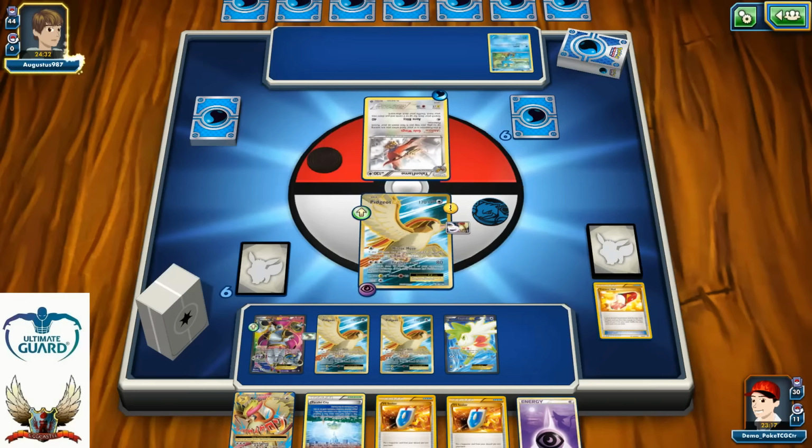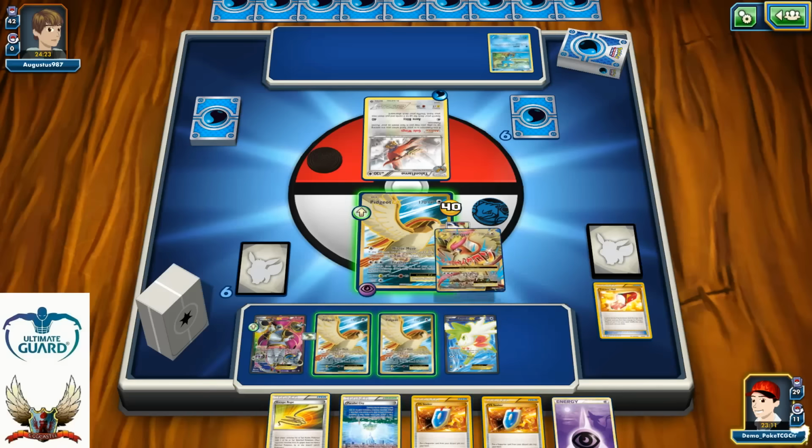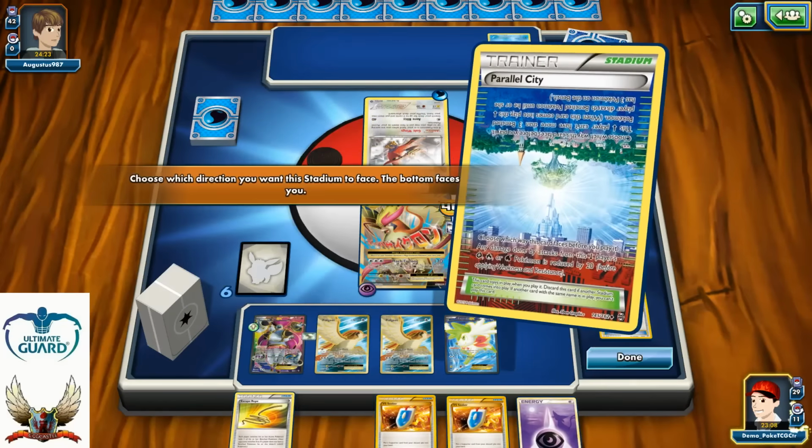But good, at least I see that on the other side is definitely Turn Flame with Froakie, and if I can put down that Garbodor in play, I'm definitely going to be happy. I know that I have one more Float Stone left in my deck, so no need to worry too much about it. Let's just go with the Parallel City